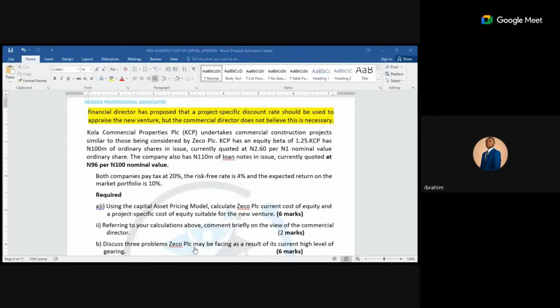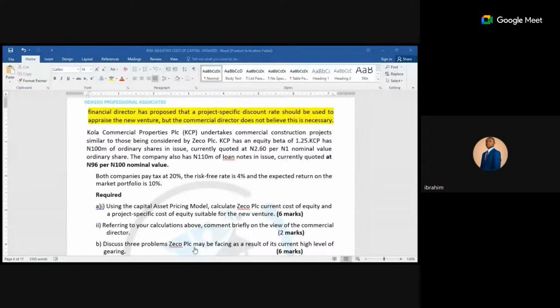Using the project-specific cost of equity to discount is appropriate, indicating that there is high risk in that investment, and that investment has actually included the business risk, and it is evident from the calculation that the project-specific cost of equity is